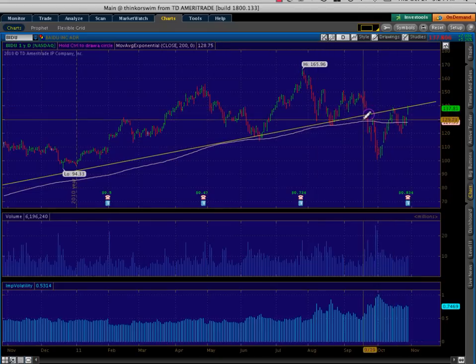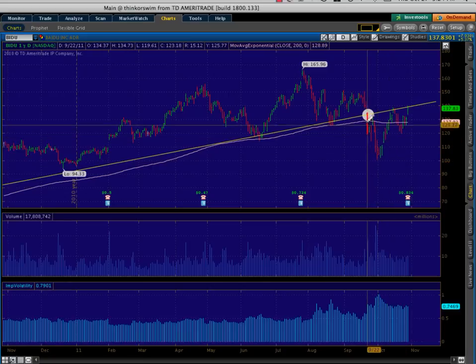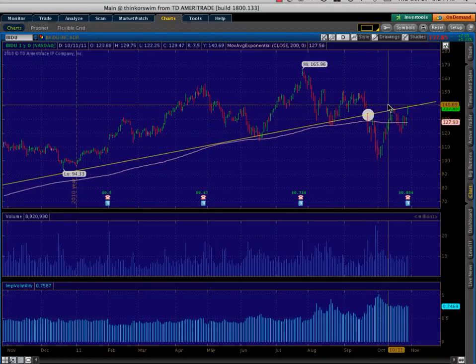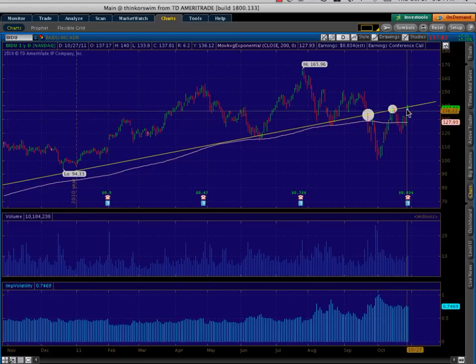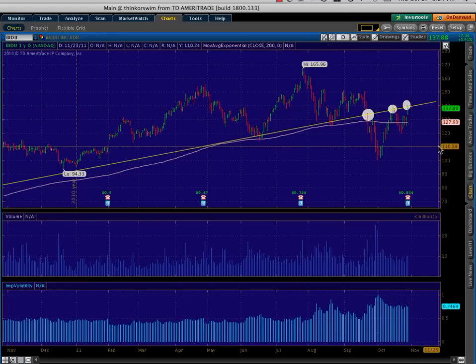We broke the two-year uptrend support, which turns it into resistance here. And we had a push back to that uptrend support turned resistance. It faded back off of that. Now we're sitting right on that uptrend support turned resistance once again, so it's a really nice setup going into